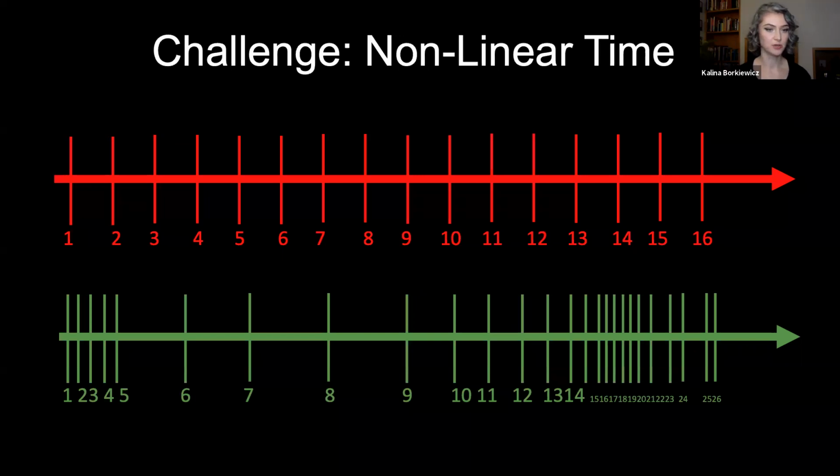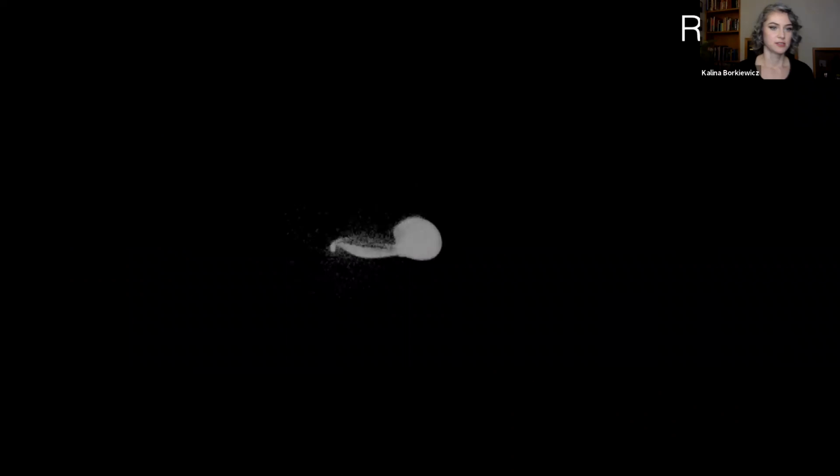Because data can be so obscenely big, it often isn't practical for scientists to capture or create data at regular intervals. So they usually produce more data when some interesting or exciting event is occurring, like the collapsing ice cap, and less data when there's really nothing happening, nothing changing. This results in data sets where time might not move linearly, which can't produce smooth-looking visualizations without additional processing. Here's an example of that.